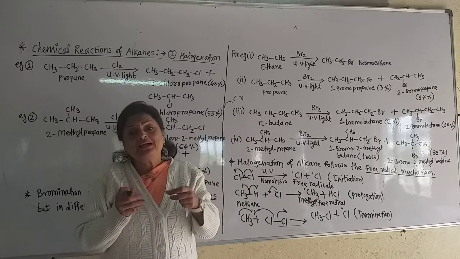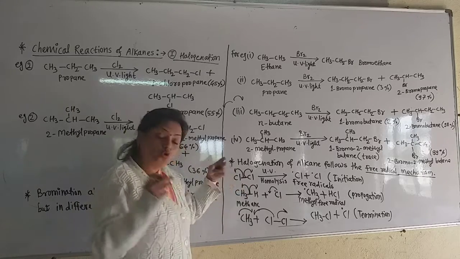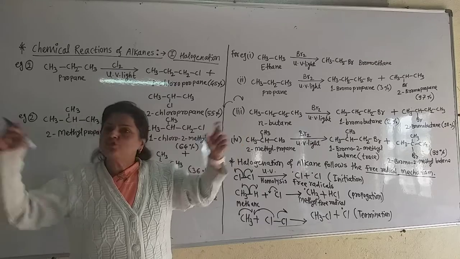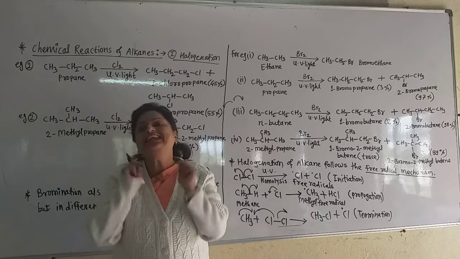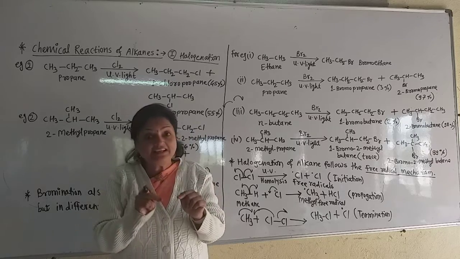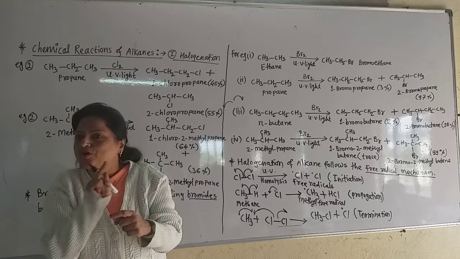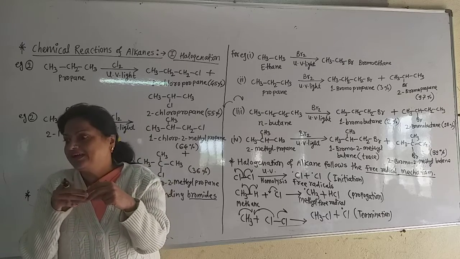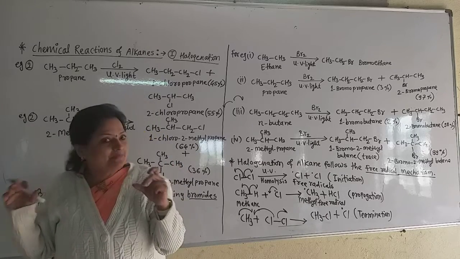Now in this step there is formation of so many methyl free radicals, and the chlorine free radicals are already there. So propagation means increase. So many free radicals are formed. And what is termination? Termination means ending. Two different free radicals give one electron to each other, and there is formation of a covalent bond. That means free radicals end in the formation of a molecule, and there is the end of this free radical mechanism.